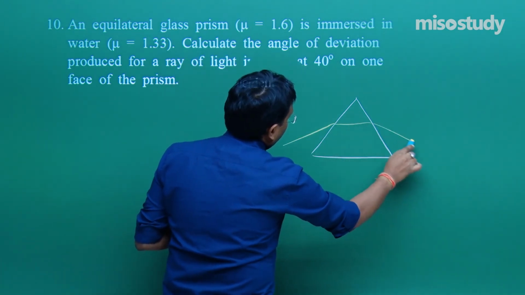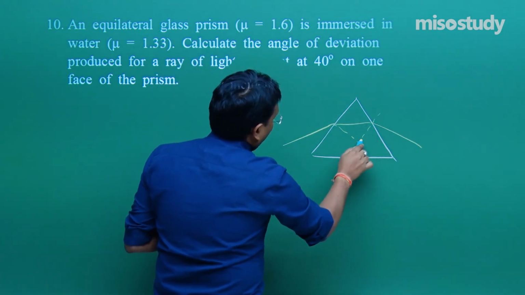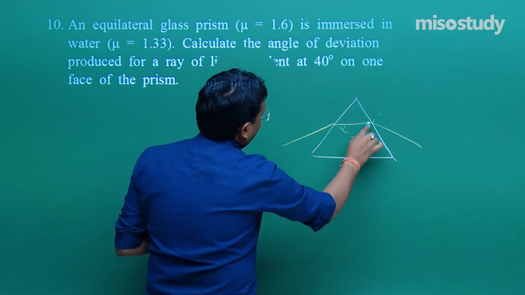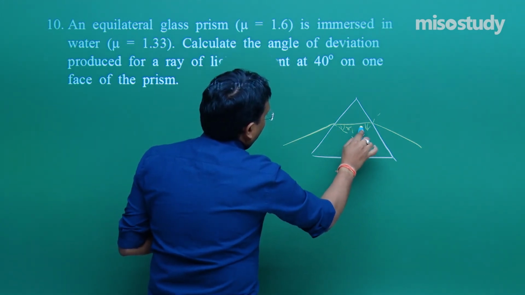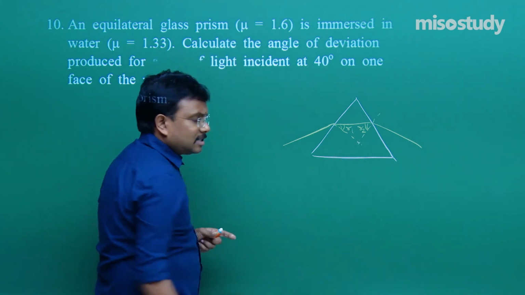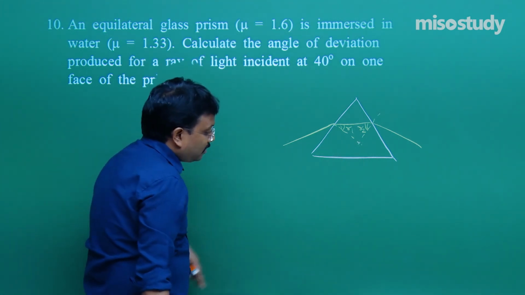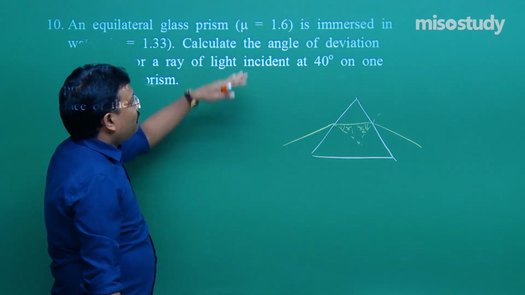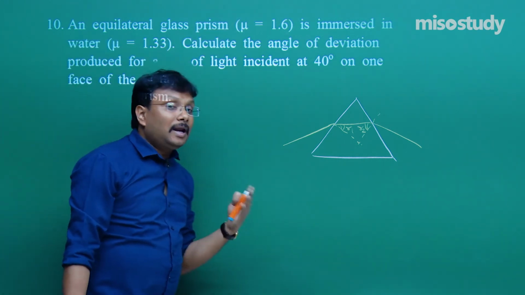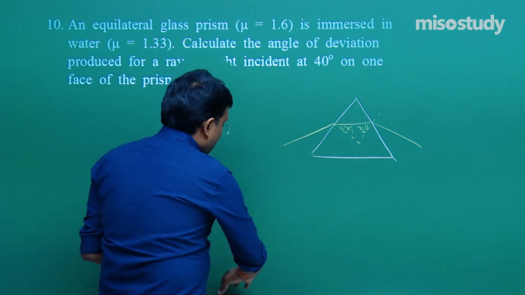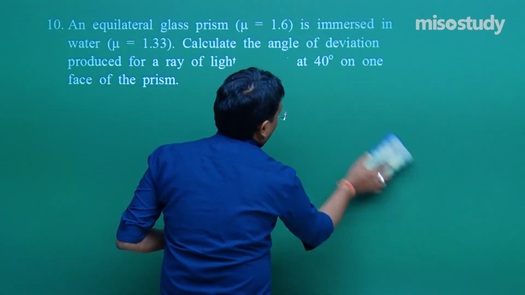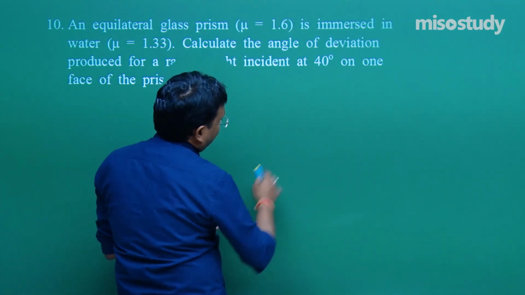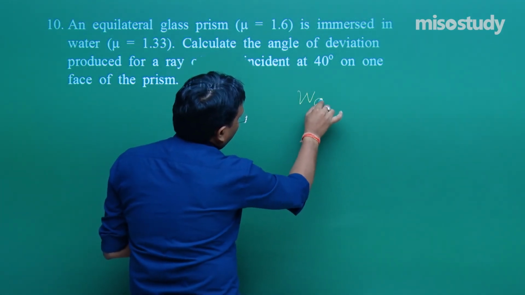Like this, then dotted line, the name of this angle is R1, this angle is R2, like this. This angle is T, and so on. So you have to find, when we put it inside a liquid, what will happen, I mean the value of this angle. First you have to create the diagram because it is for 5 marks, then you can write down a few terms I am giving you.